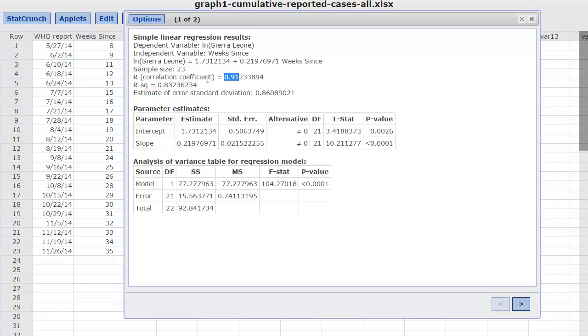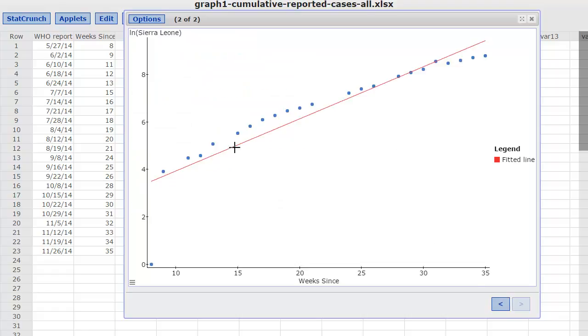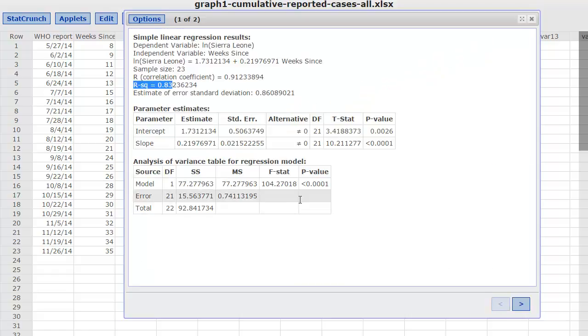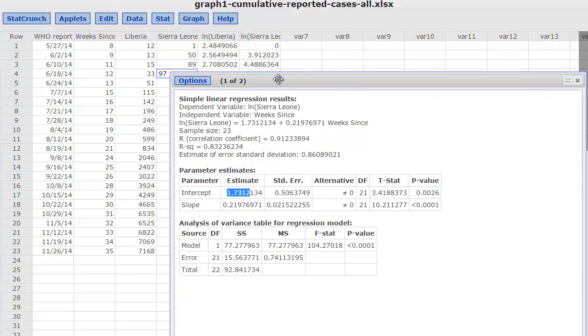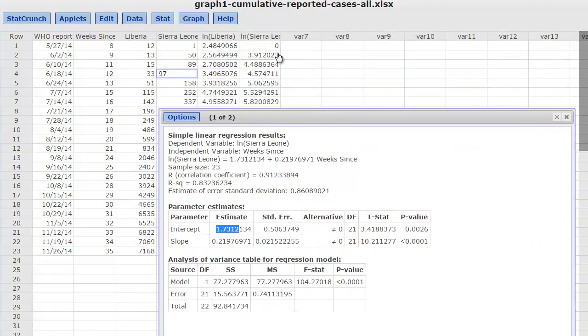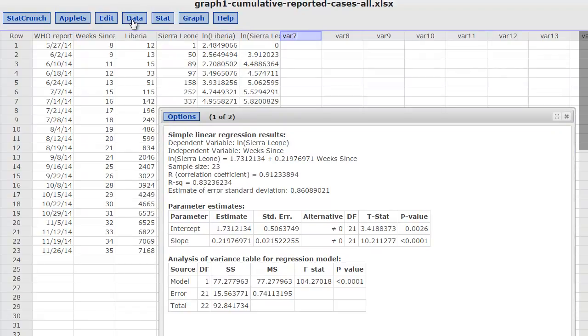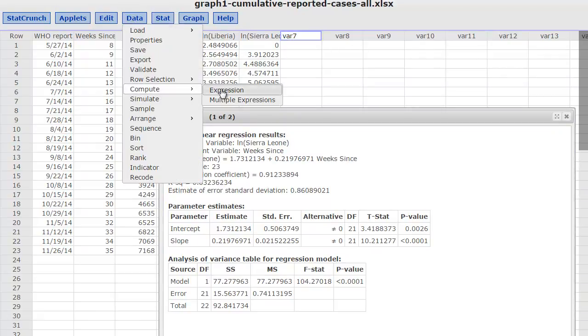We've got our 0.91 and 0.83 for our R squared. So it should be fairly nice to the line. It's interesting that so much of it is above and then very little bit of it is below, but apparently that is the line of best fit for this. And so now I've got the 1.7312 that I need to take the exponential of. So now I'm going to have data, compute the exponential